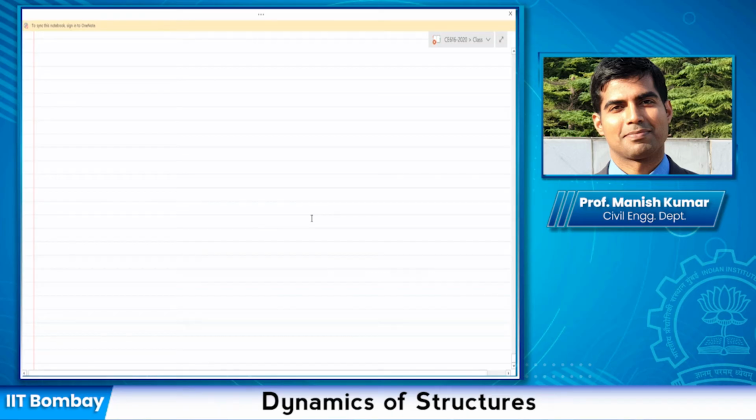Basically, what we have been discussing till now are different types of arbitrary excitations, and the response of a single degree of freedom system subject to those arbitrary excitations. So we studied in general how to derive the response using the Duhamel integral, and then we did the step force, then ramp loading, which is basically a step force with finite rise time over a time duration tr, and then we got into finding out the response to pulses.